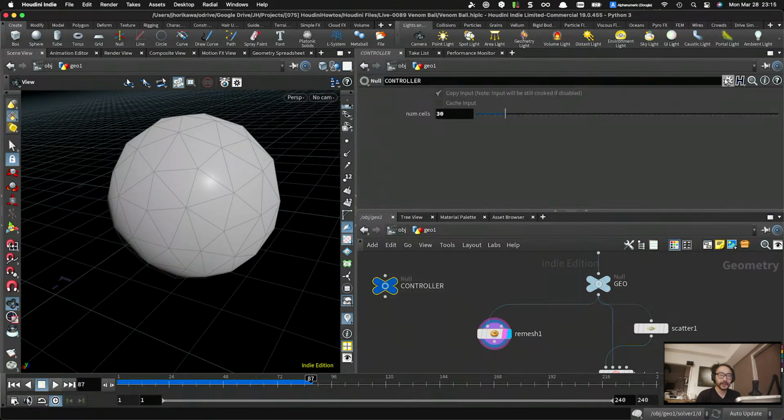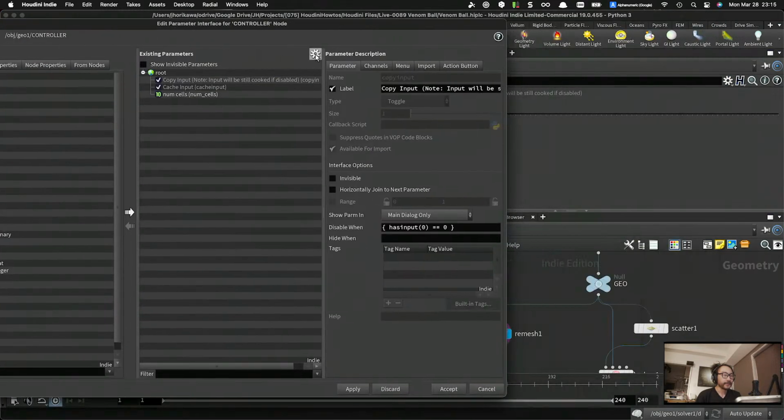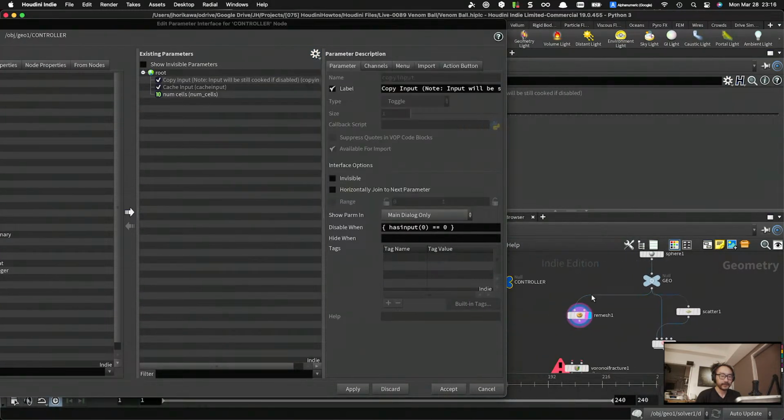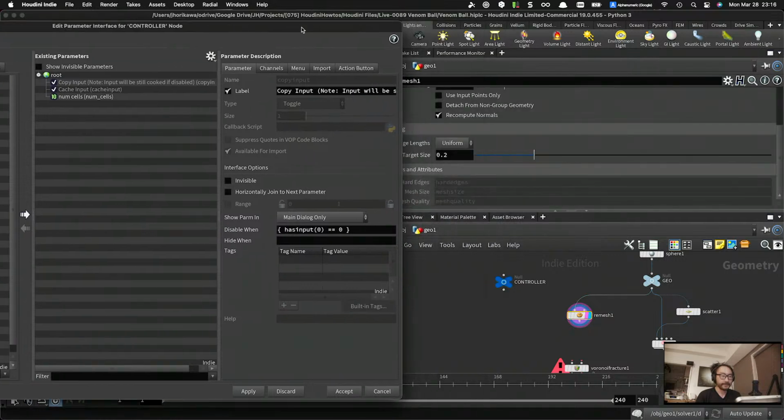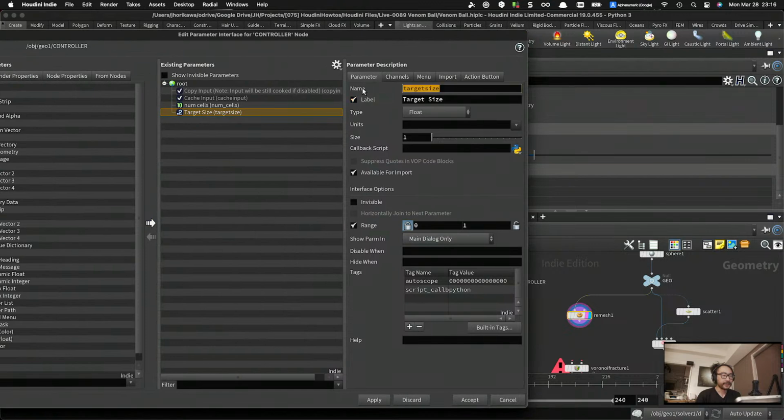So let's open up the edit parameter interface and drag and drop this target size here. And let's rename this to Voronoi remesh. It's not really as straightforward as the name, but